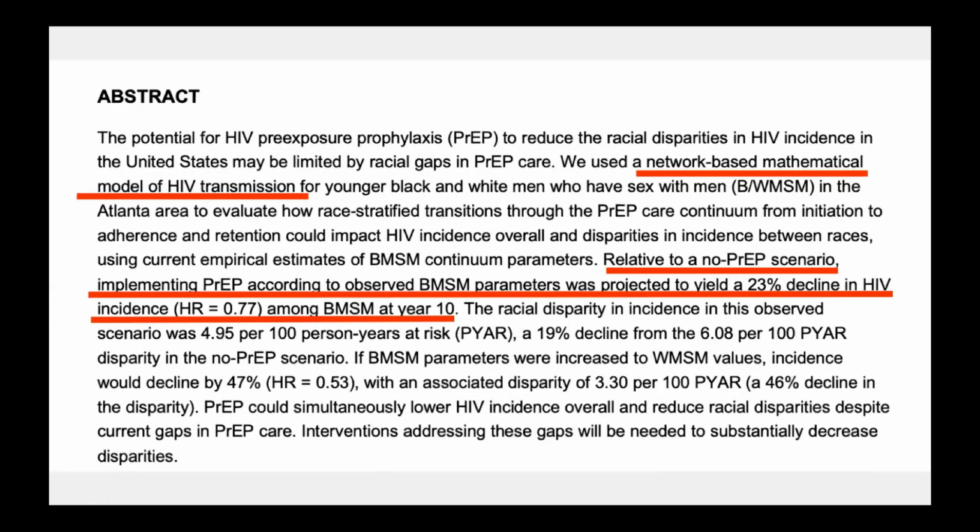And basically what they found when they used this network-based mathematical model, so again, they had to take that into consideration because they're working with HIV and had to take into consideration sexual networks, that compared to not having any PrEP use in this population, you'd potentially be able to decline the HIV incidence by 23% among Black MSM if we really, over the next 10 years, if we really had a